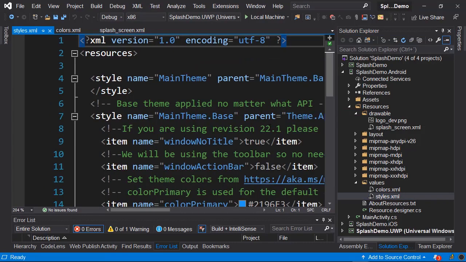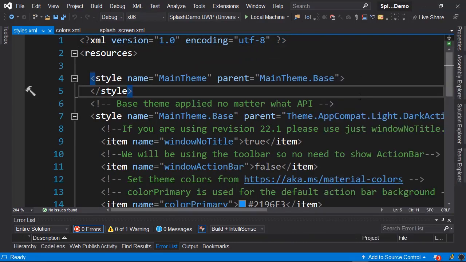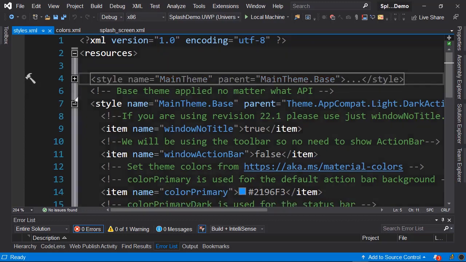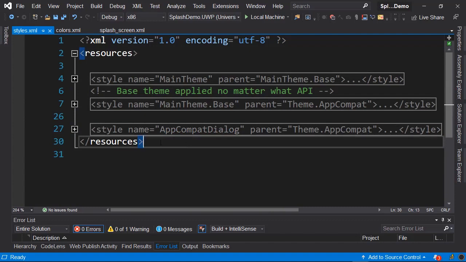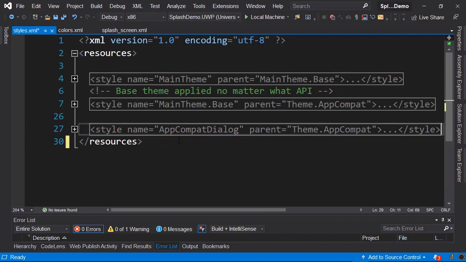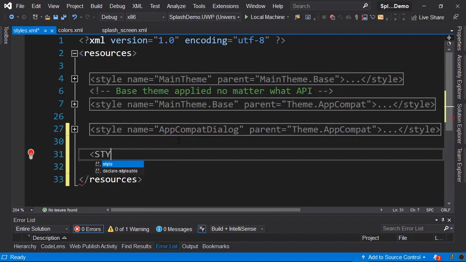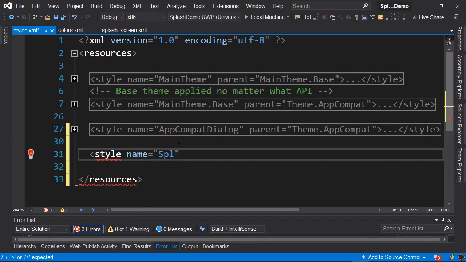We're going to proceed to open this file. Here we have it available. As we can see, we have different themes defined through the style tag. We're going to condense them. Since we're interested in creating a new style, we're going to declare a new style tag. We're going to name it SplashTheme. We're going to indicate that we want to use a property called parent that's going to be equal to